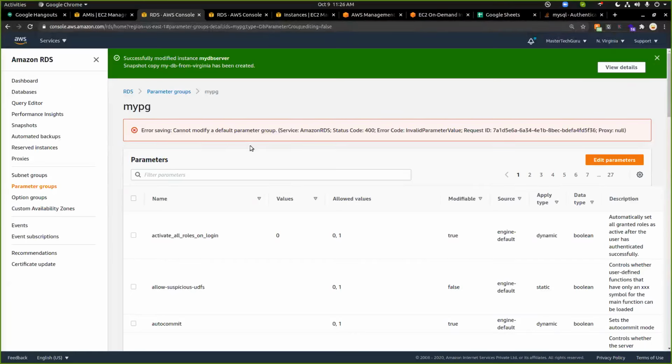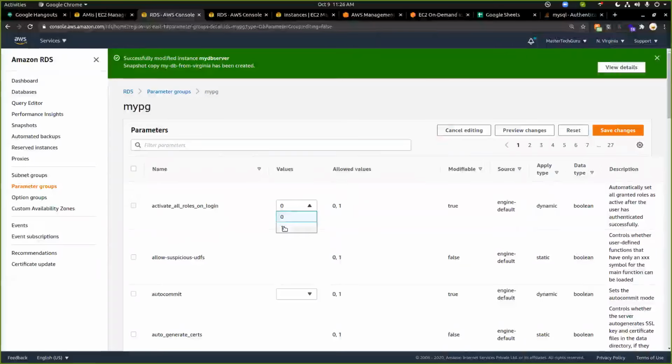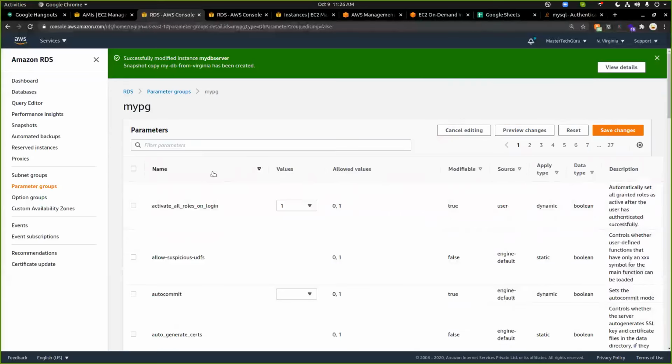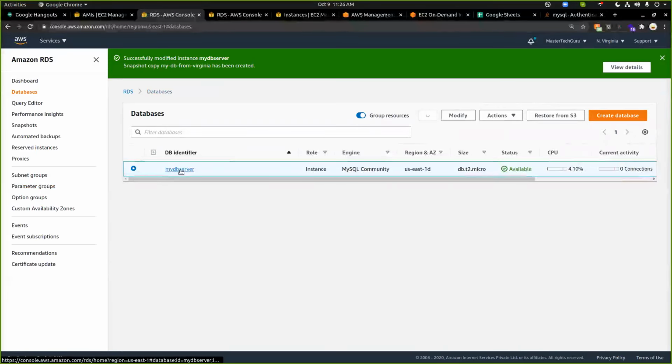So let's say if I try to modify now, I am able to modify it. Earlier it was giving us an error, right? If I go to the databases, if I click on this database,